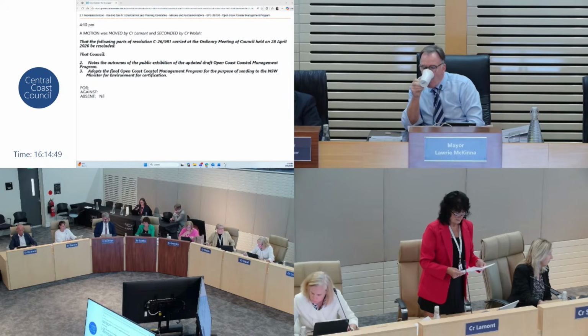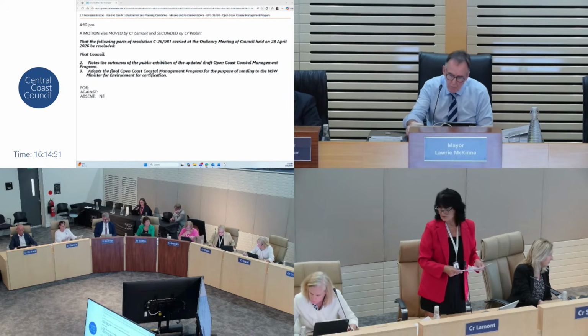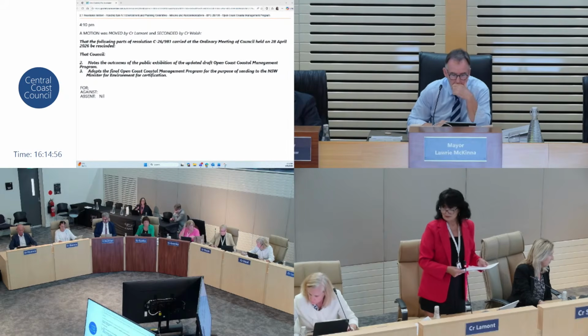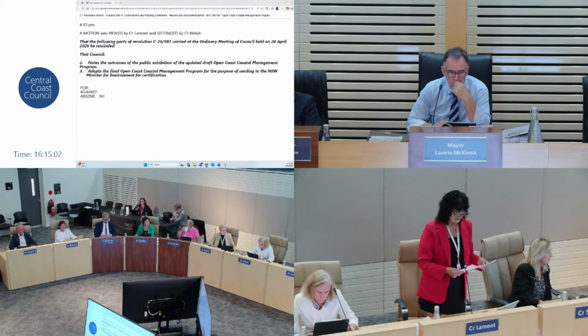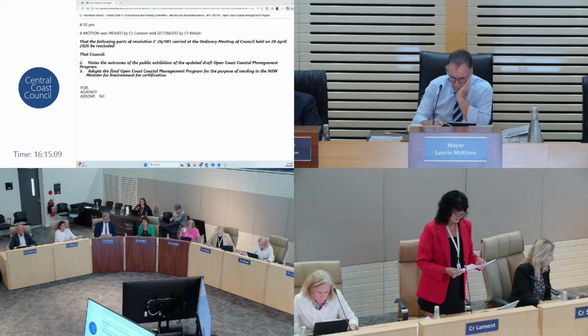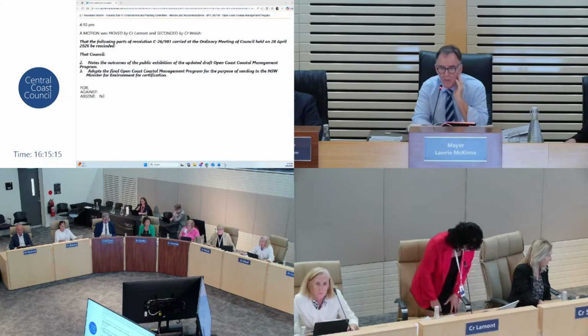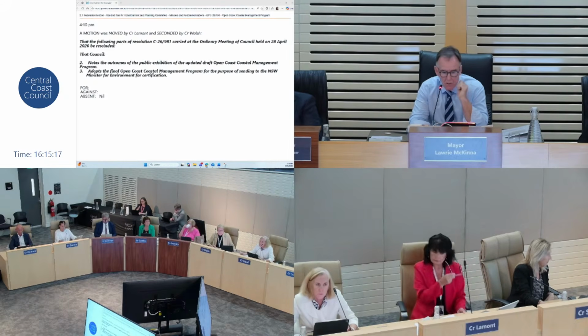I implore my fellow councillors, especially those that use it, and I know there's family members here of councillors that do actually use Wamberal Beach, do not vote to send the CMP to the Minister in its current form, but instead to support my amendments or my rescission, alternate motion, so that we can deliver a plan that genuinely reflects the community, is strategically consistent and stands up to proper scrutiny. Thank you. Thanks, Councillor. Councillor Reaton.